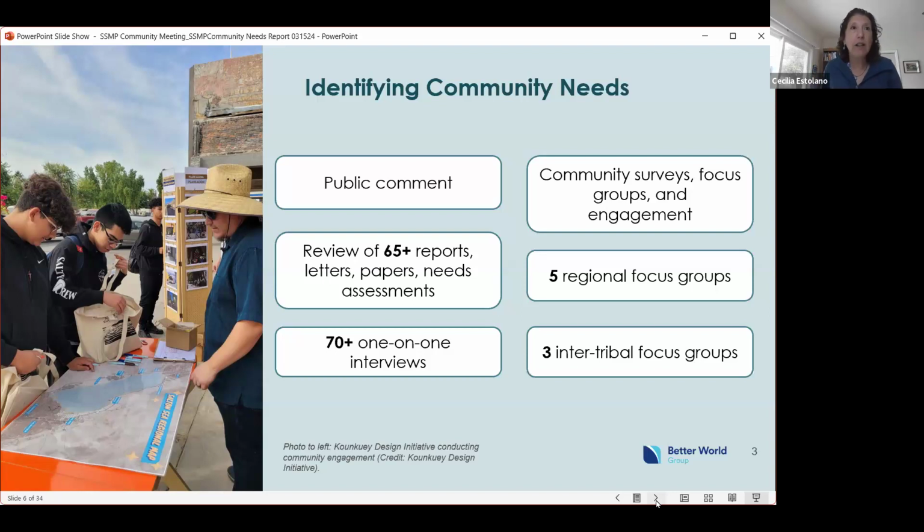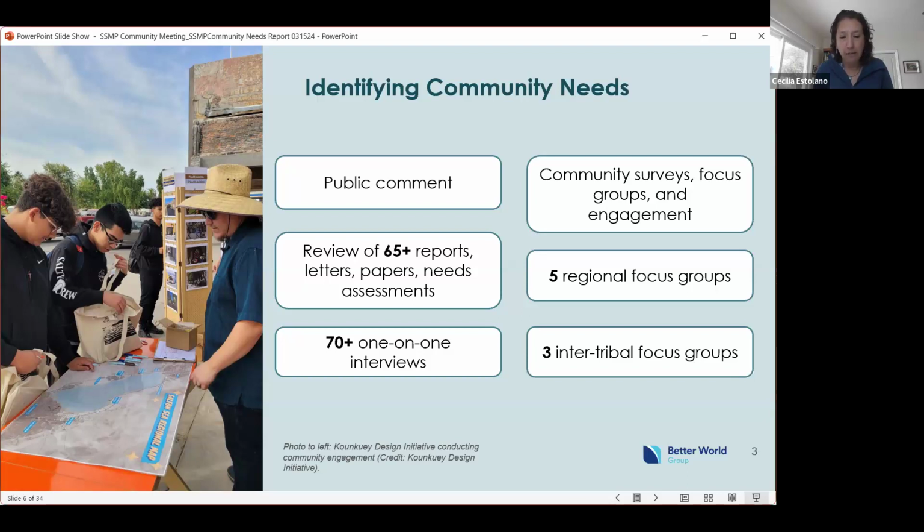We also organized 5 topical focus groups that convened advocates and others working in the region to further understand the needs and possible solutions. And we also convened community workshops regarding the SSMP. There were also 3 intertribal focus groups with representatives from 7 regional tribes.